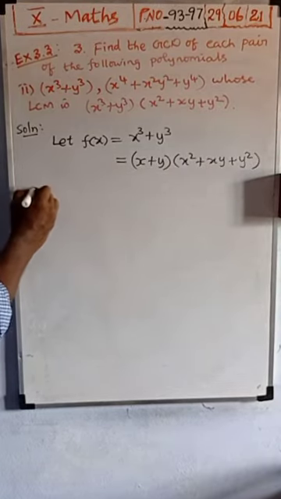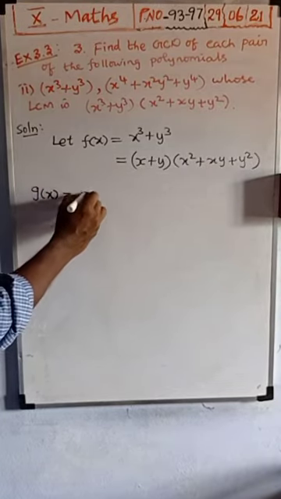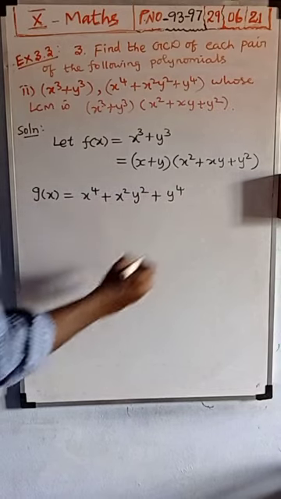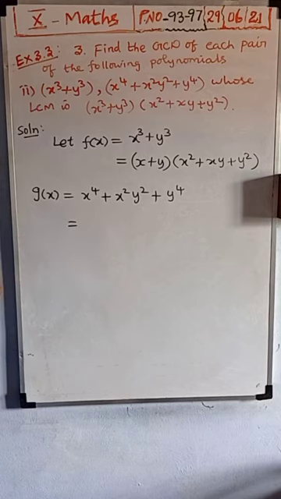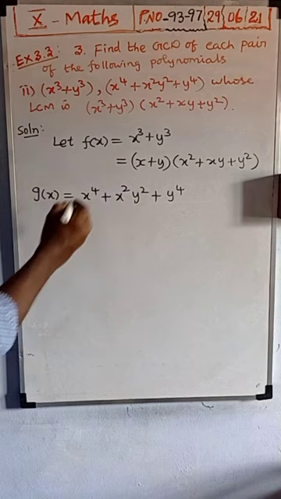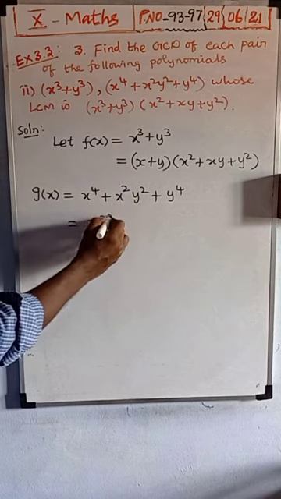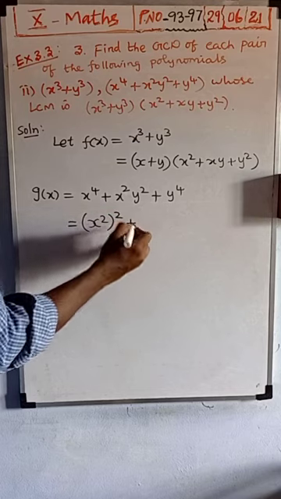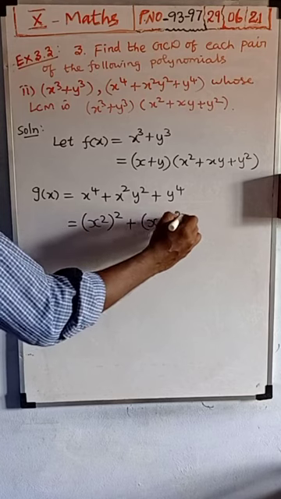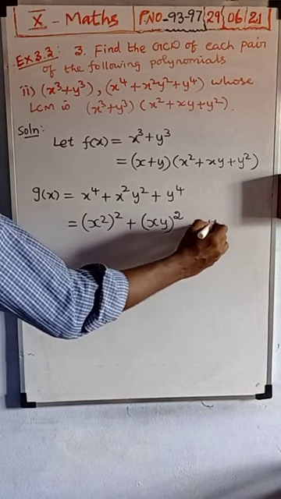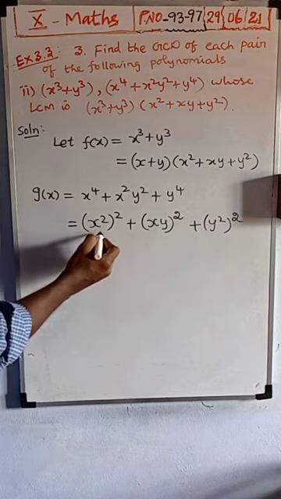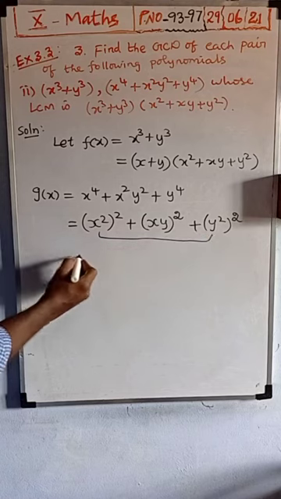Okay, then next g of x. G of x is equal to x power 4 plus x square y square plus y power 4. Yes, this also we want to factorize. Okay, here one hint we want to use. What is that? See, first x power 4 we can change into x squared to the whole square, plus x square y squared we can change into xy to the whole square. Next, y power 4 we can change into y squared to the whole square. Okay, next this we can compare with x squared plus y squared